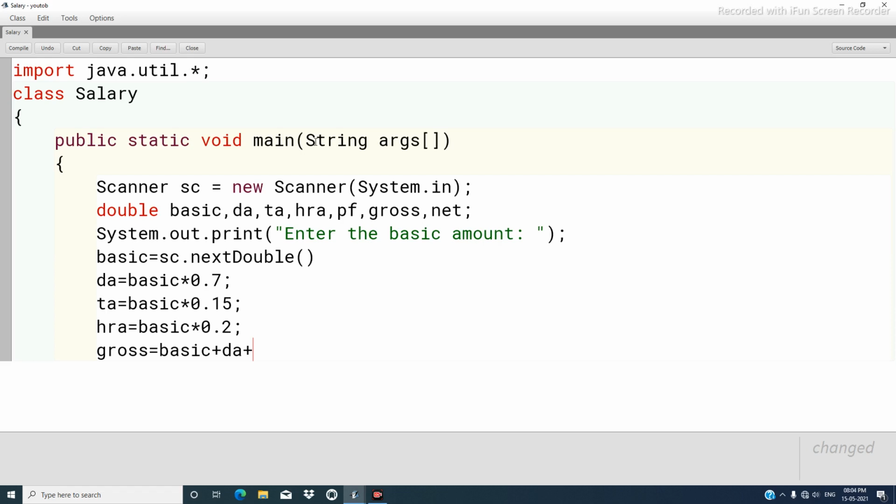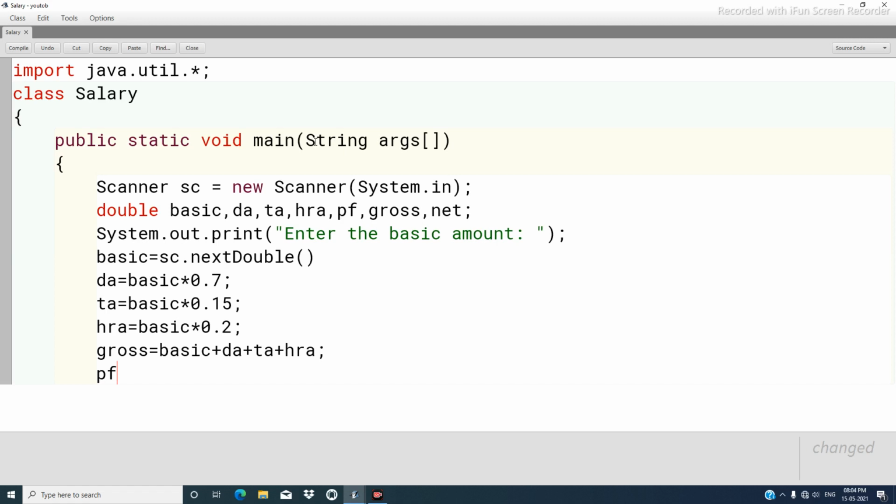So DA, and then plus TA, then we have taken HRA. So gross salary will consist of basic, DA, TA, and HRA. And now the PF part.